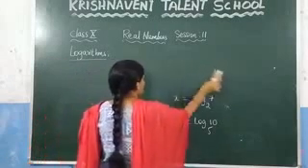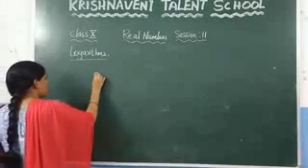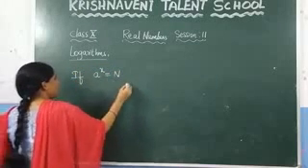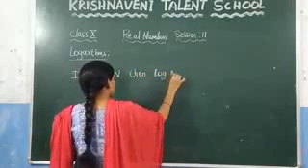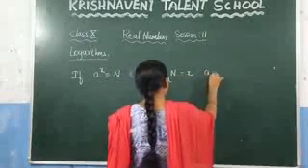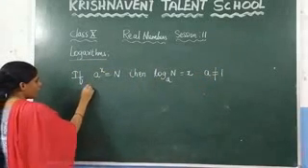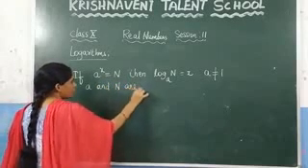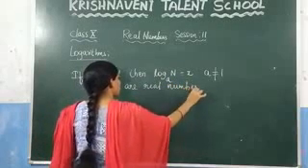Here is the general form, which we just wrote. If a power x is equal to n, then we can write it in logarithm form as log n to the base a, which is nothing but equal to x. And here the condition is a not equal to 1. And here, what are a and n? a and n are real numbers. This is the definition of the logarithm.